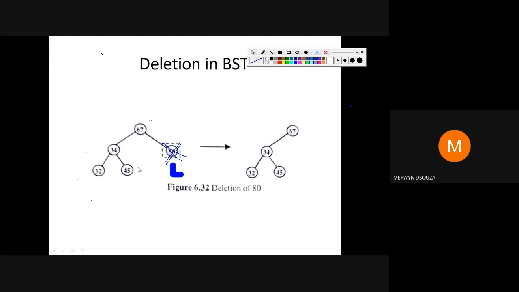Okay, so when you're deleting a child which is a leaf node, then you directly delete it from the tree and you set the parent's pointer equal to null. Now when we are doing this on our notebooks, we don't have to do anything with the parent's pointer. But when you are doing programming, this is what we have to do. The parent's right child pointer will be set equal to null, because here we are deleting the right child.